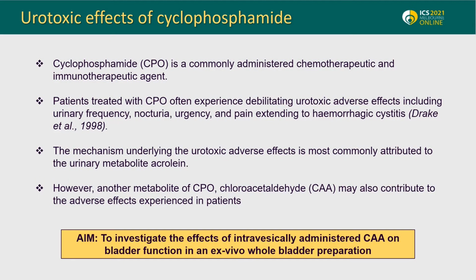So cyclophosphamide is a commonly used chemotherapeutic used to treat a variety of different cancers. It's also used in immunotherapy for disorders such as rheumatoid arthritis, lupus and interstitial lung disease, so quite widely used